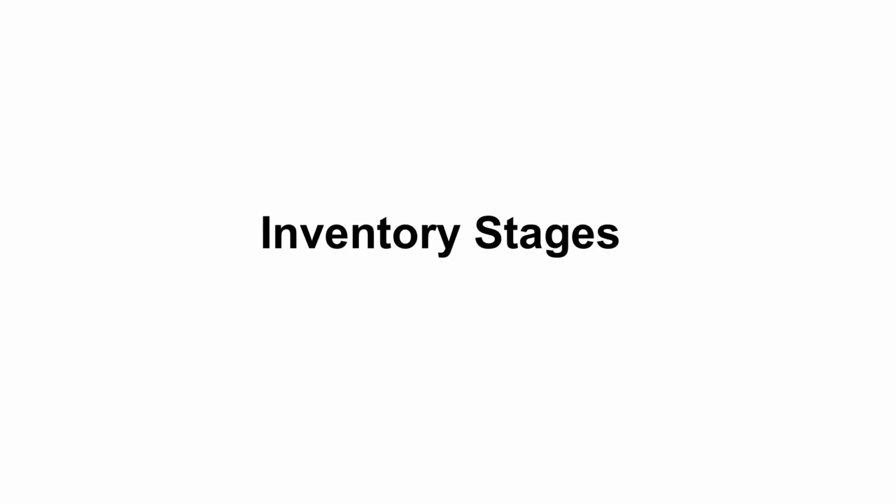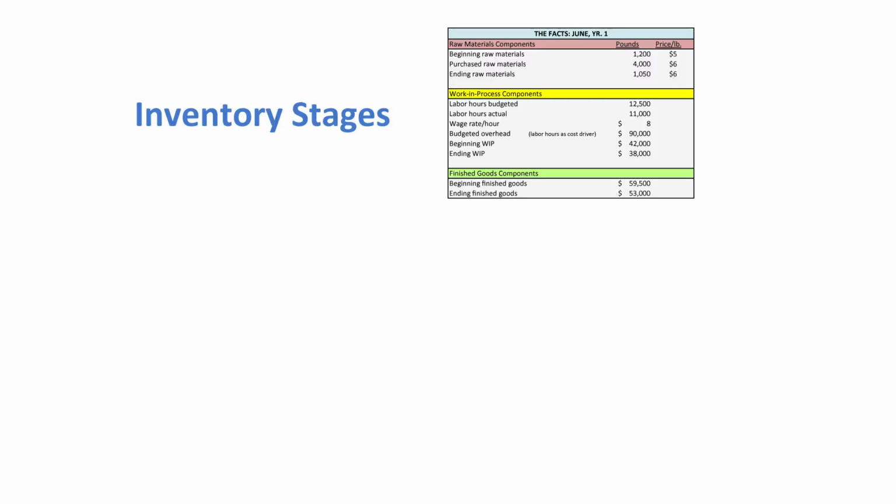Alrighty guys, we got a great problem here reviewing the different stages of inventory production. So remember with the job order, each unit produced is unique. Think about again the boats, the cars, each unit has a VIN number. So we want to review the practice of, number one, calculating what our raw materials were that were actually used. That's important because then that's going to become part of our current manufacturing costs. Then we want to calculate our actual cost of goods manufactured and then end up with our cost of goods sold. Alrighty, so let's jump in.